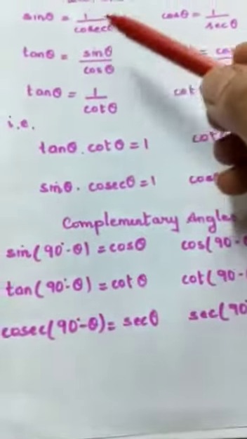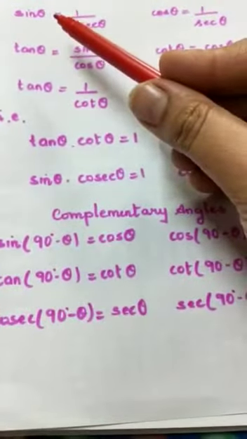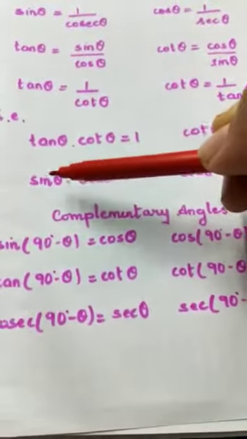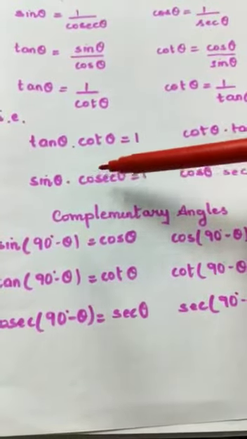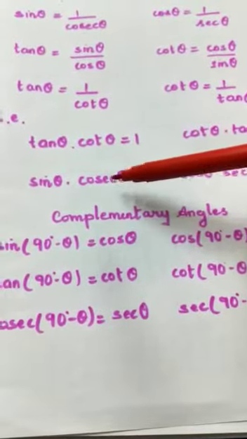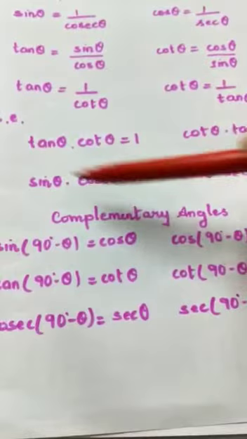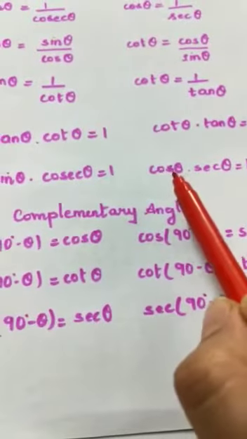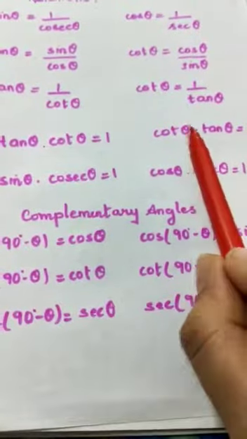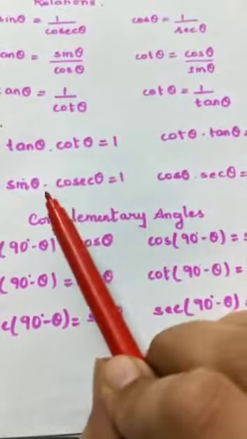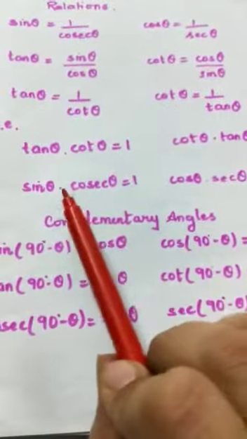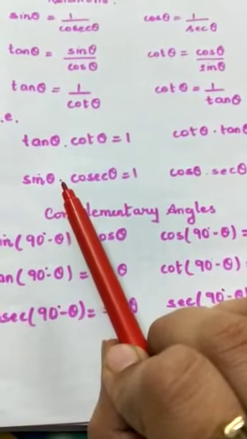In the same way, from this relation, cosec will be shifted to that side and you will get 1. So if you have sine theta into cosec theta, directly you can write 1, because this term will get cancelled. Cosec is nothing but 1 upon sine, so this will be cancelled. In the same way, you must understand cos theta into sec theta is equal to 1. This dot implies multiplication. Take care while writing. If you are not comfortable with this dot, you can put the cross sign also.